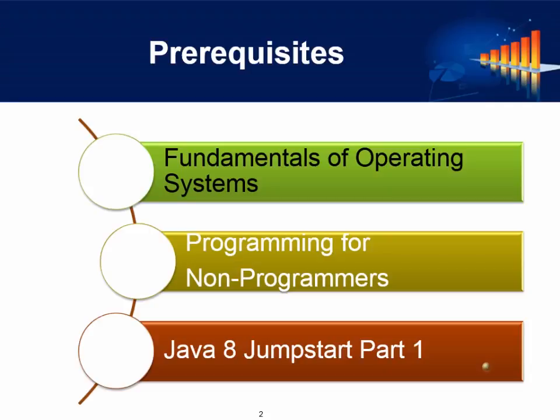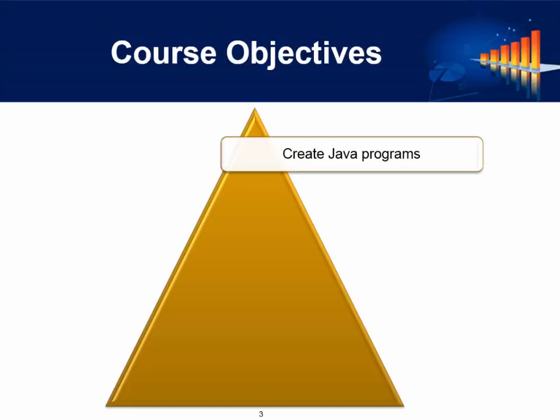If you didn't take Part 1, then you need to look through the outline and make sure that you're comfortable with all of the concepts that are discussed in Part 1 before moving on into this particular course. In this class, of course, we're going to create Java programs, which we also did in Part 1. However, we're going to delve much deeper into some of the concepts of Java and the concepts of just object-oriented